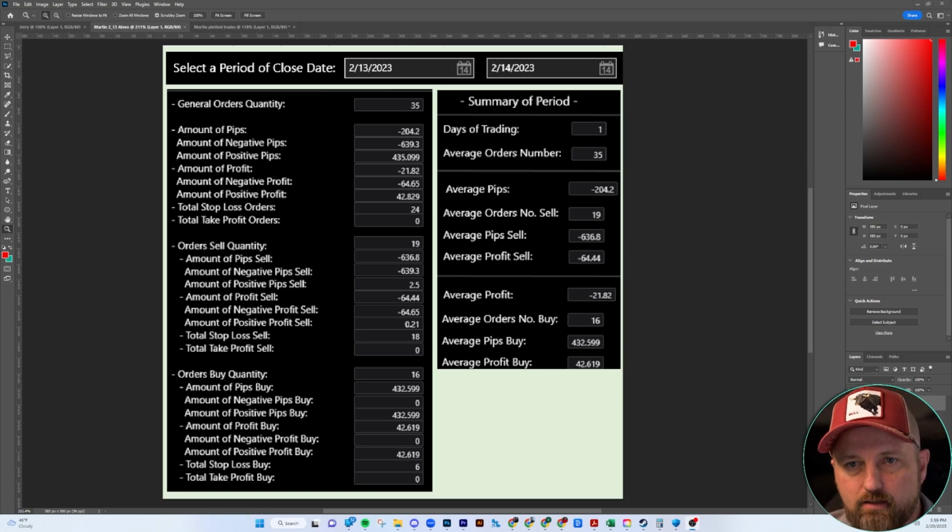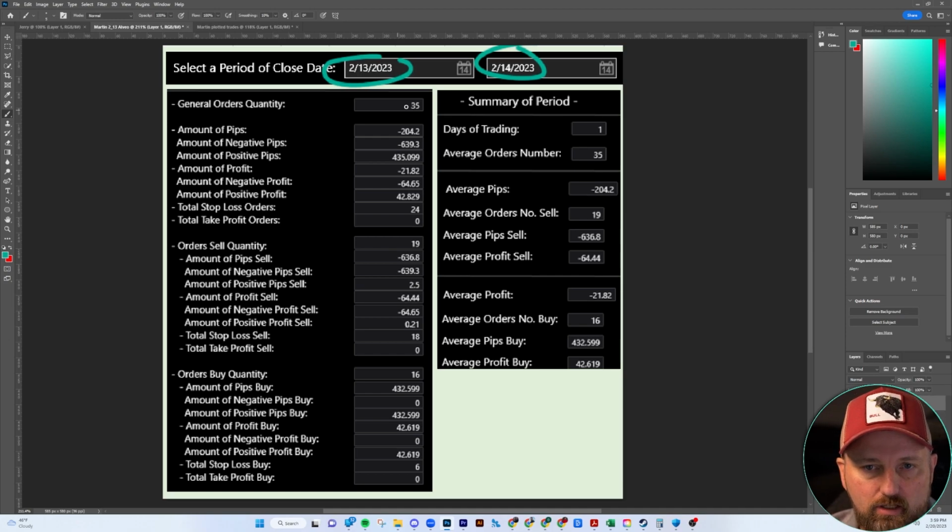Martin gives me an example of trading on the 13th, February 13th, so a little bit ago. So he's trading on the 13th to the 14th. So this is his analysis. So let's just look at it. So he entered into 35 trades here. And at the end of the day, or at the end of his trading session, it looks like he took a loss on his pips, but he was actually up